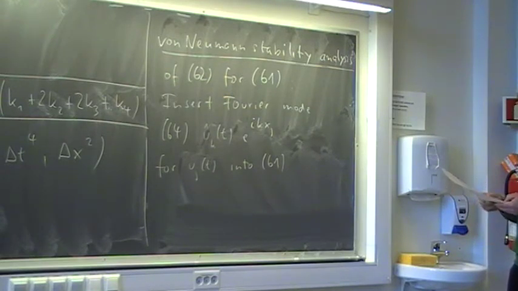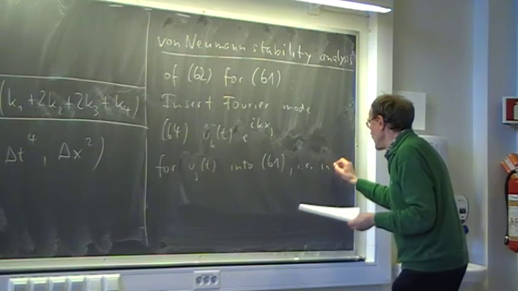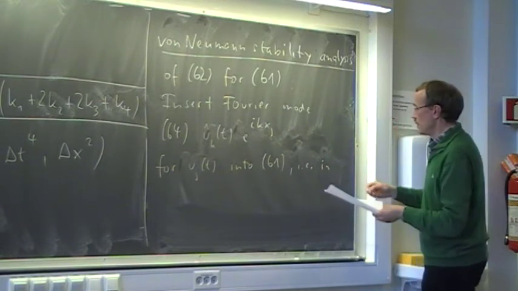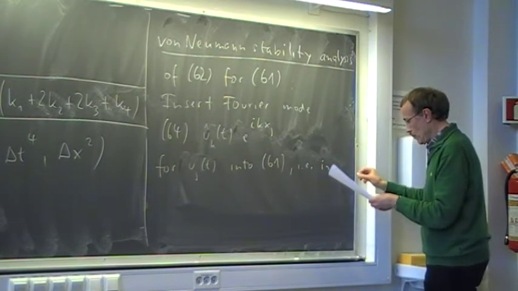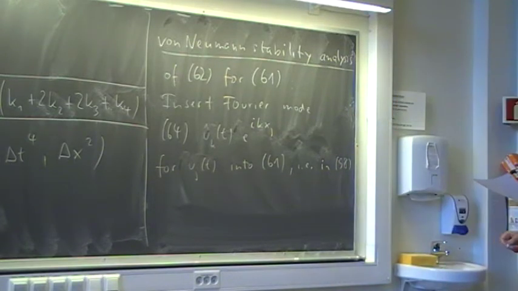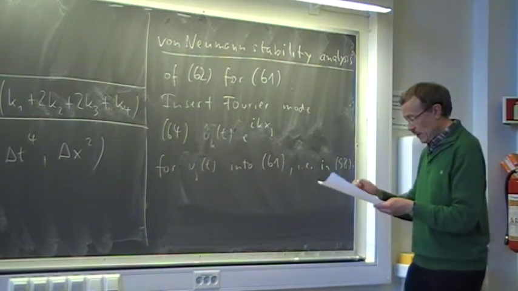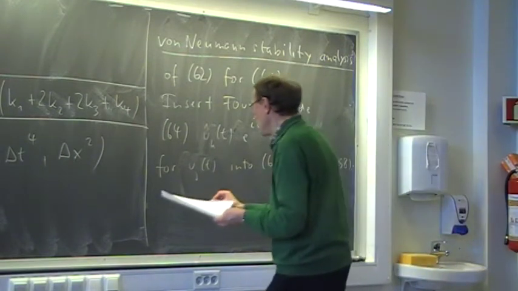We assume periodic boundary conditions. 61 is the one that we use in practice, but when we do the analysis, we concentrate on the periodic boundary conditions. Then we don't have the problem with the outer boundary. We have always central differencing, so we plug it into 58. And 58 was then